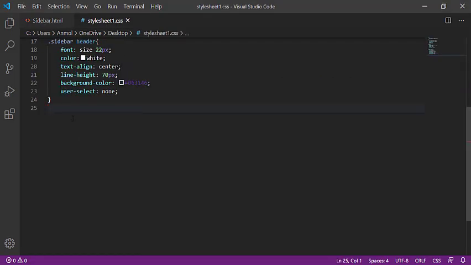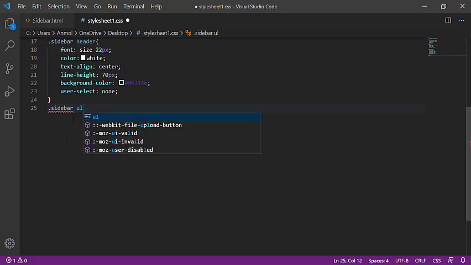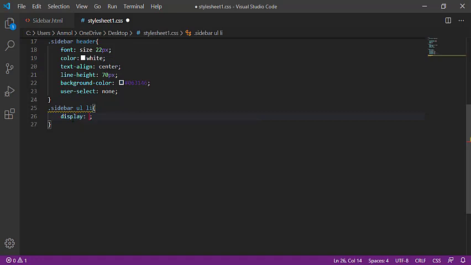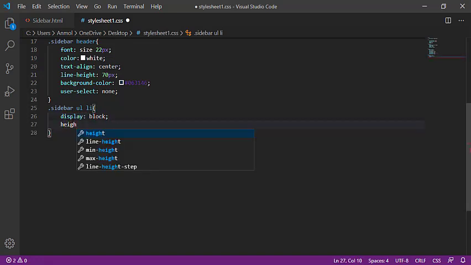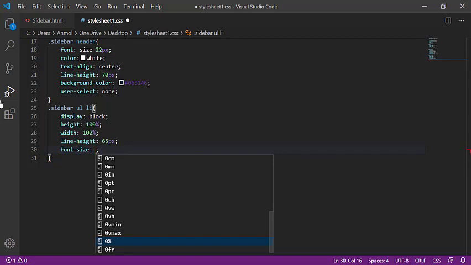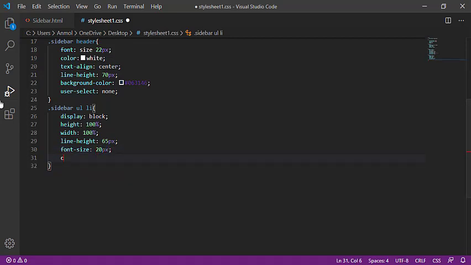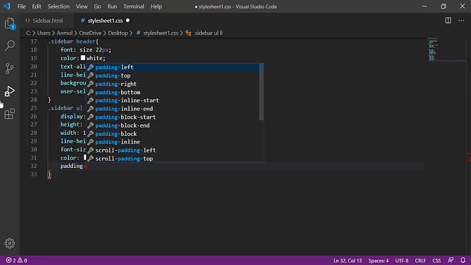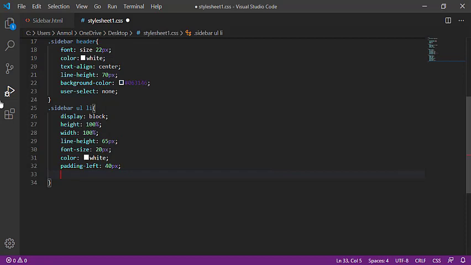Now providing styling, go to sidebar, then UL, then list item, giving the display block, height 100%, width 100%, line height 65 pixels, font size 20 pixels, color white, padding left 40 pixels, box sizing border box,